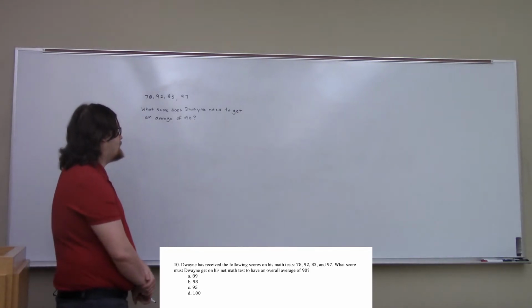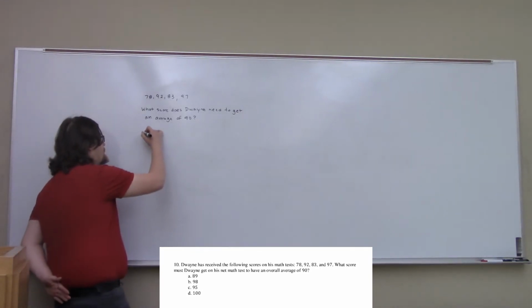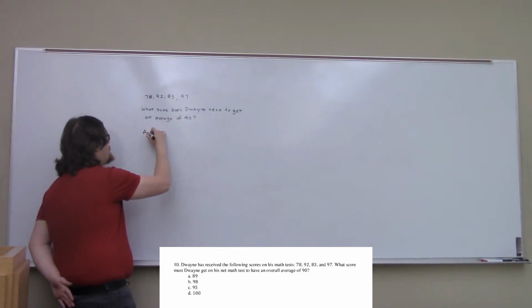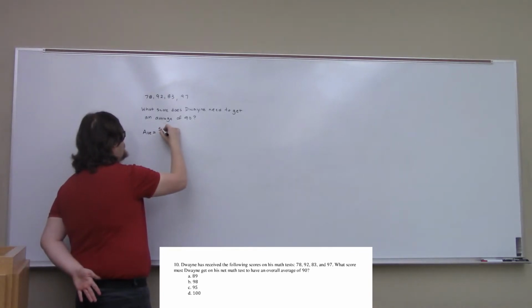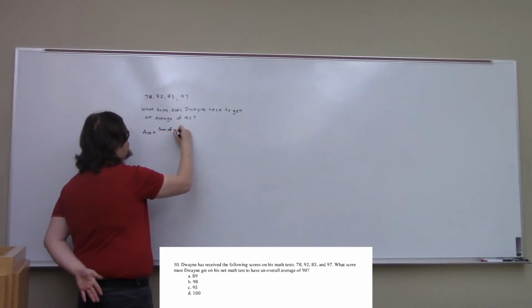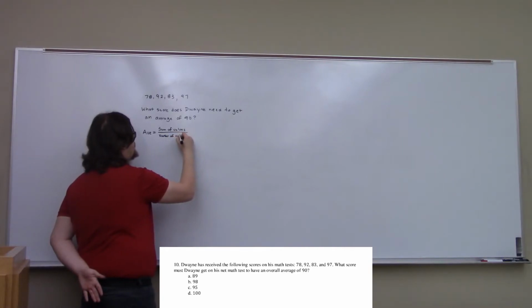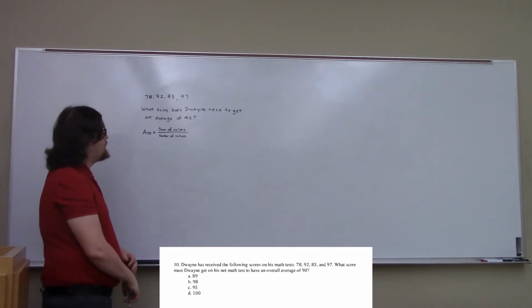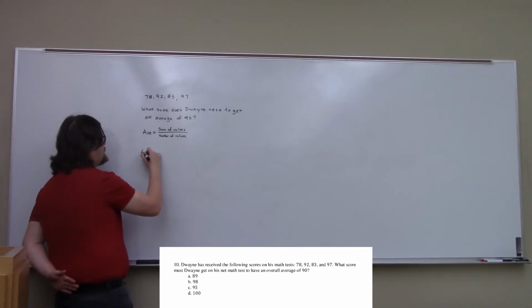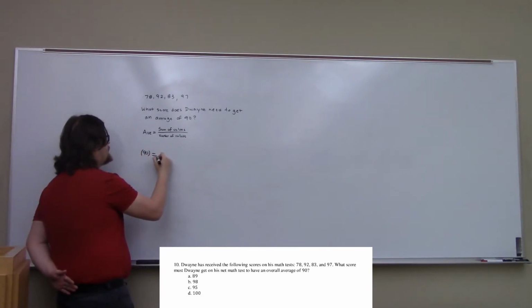Okay. So first off, we'll recall from earlier when I told you about the mean, the average value is simply the sum of values divided by the number of values. Alright, so if we plug in our known values, we'll find that the average of 90 is equal to